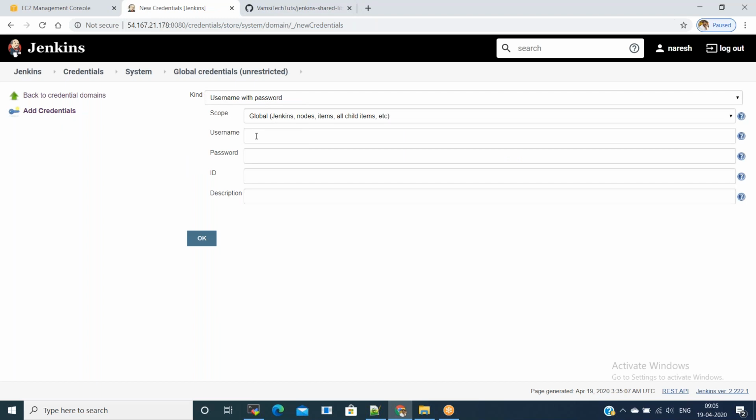In Add Credentials, we need to select the username with password type, and in the username, mention your Docker Hub username, and in the password, mention your password. And in the ID section, you can give any ID. I'm giving Docker, and in the description, you can give Docker. Click on OK.